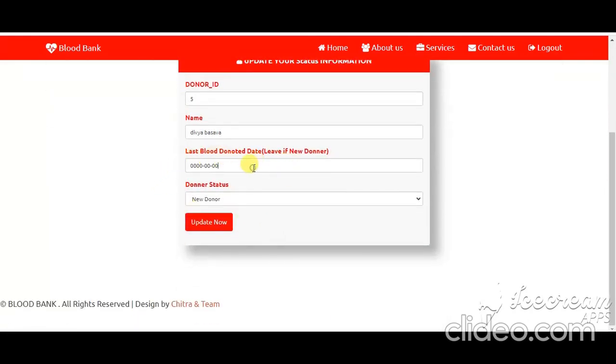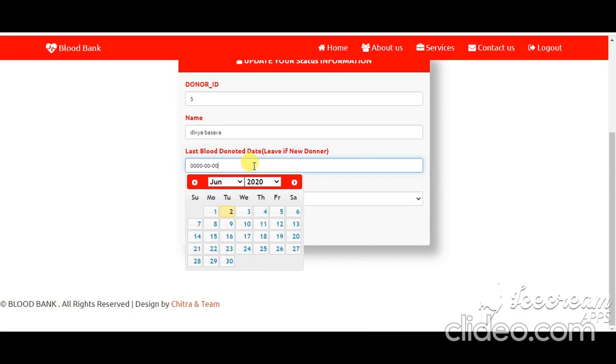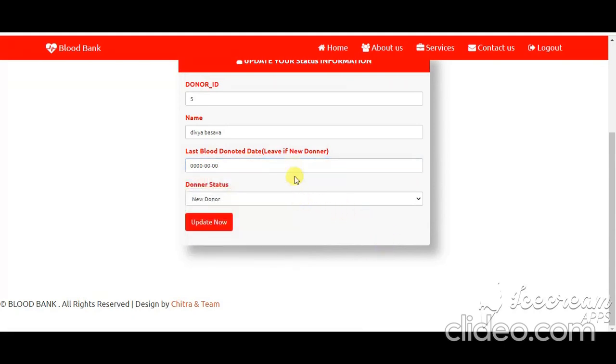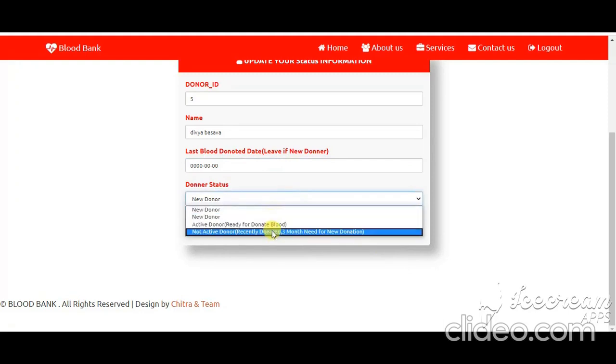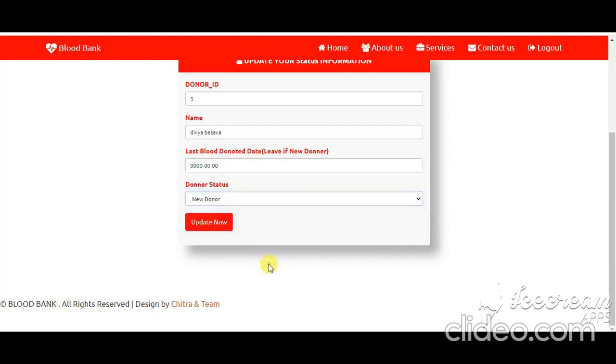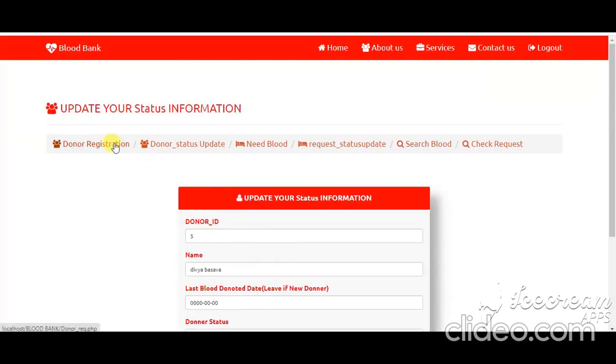If he has donated previously, he can change it here in the last blood donated date. He can also change his donor status to non-active or active. I am a new donor, so I am not changing anything. So this is about the donor module. The next module is the blood requester module, which will be explained by my friend Ishwari.